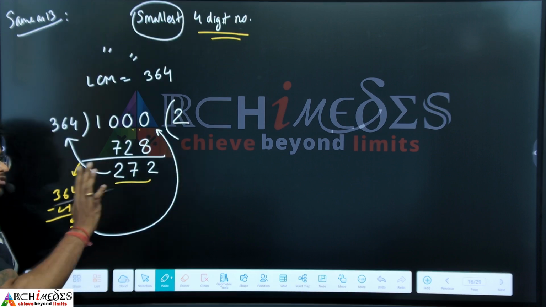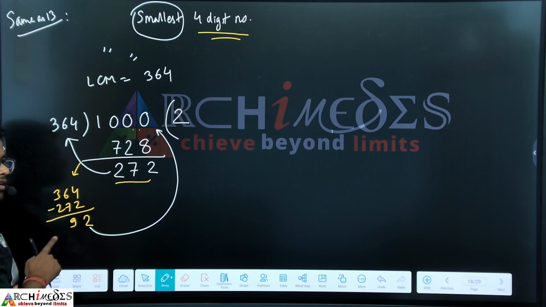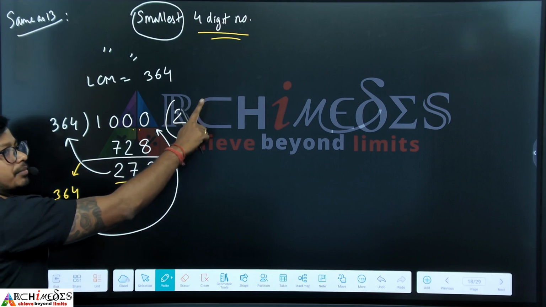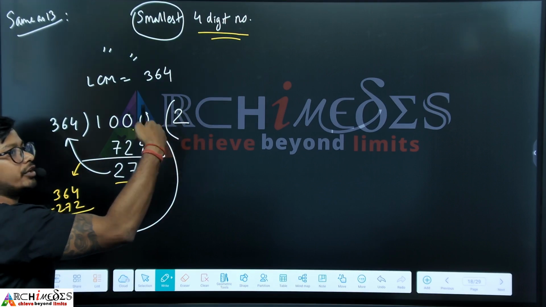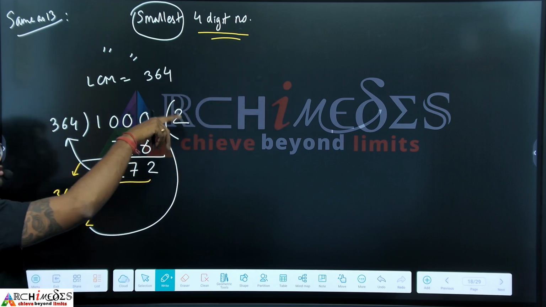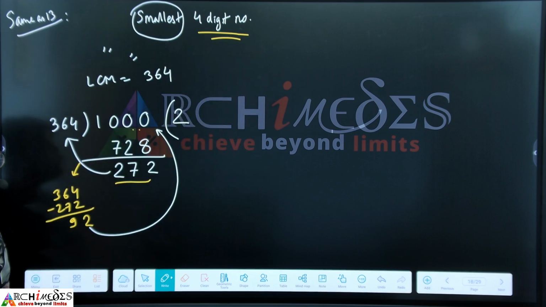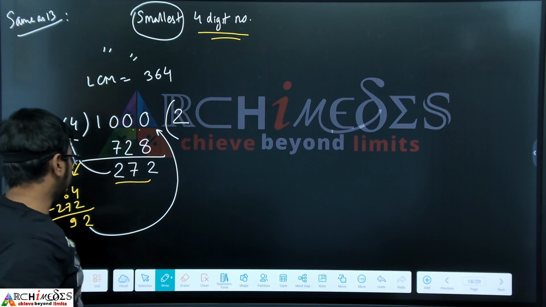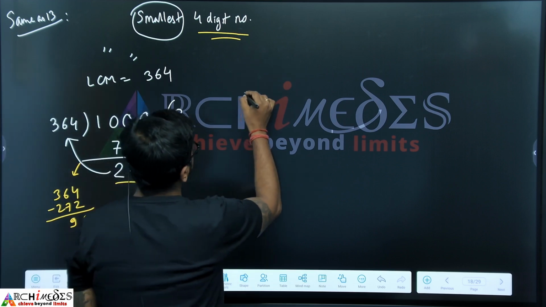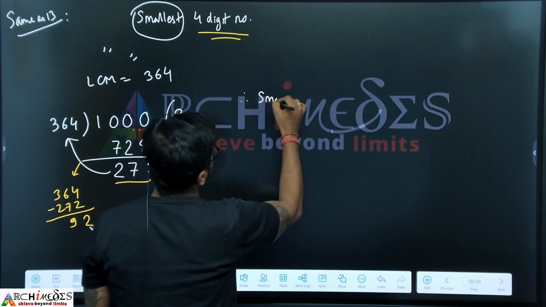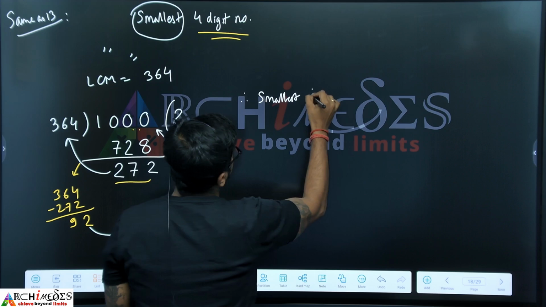So you got it? Why? What I am doing actually this one? So actually I am getting a next multiple, not the one with 2. I am getting the one with 3. So 364 into 3, I am getting that number actually. Clear? So that means this number. So I will write therefore the smallest 4 digit